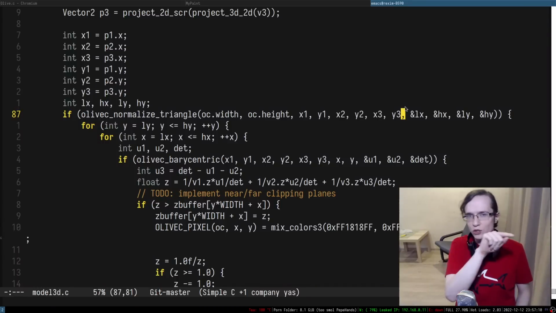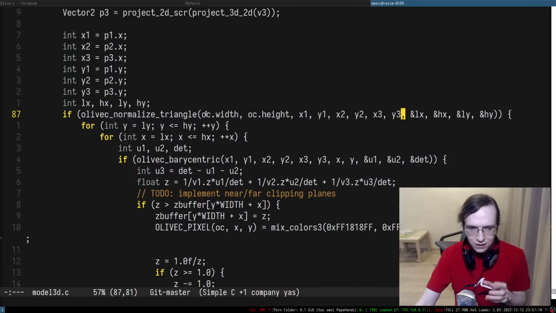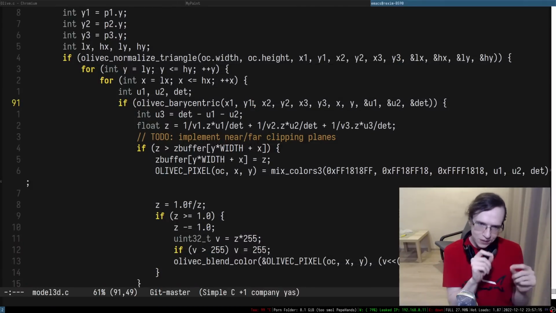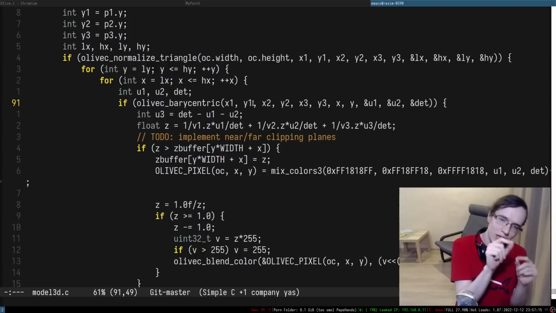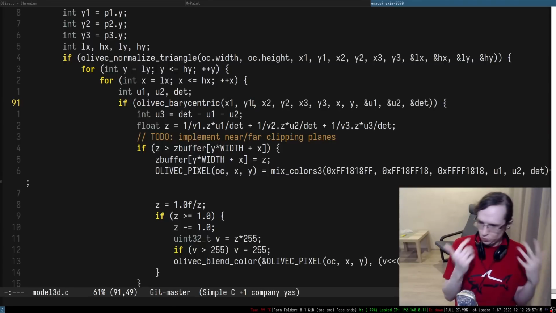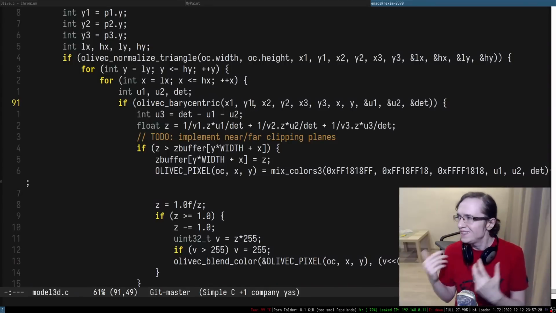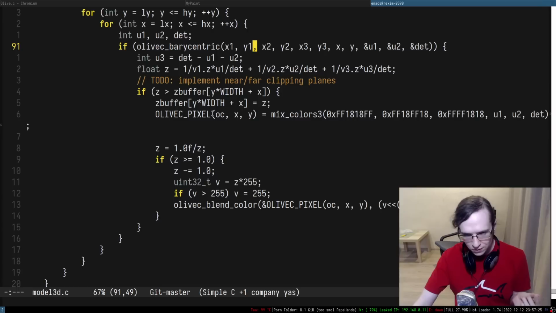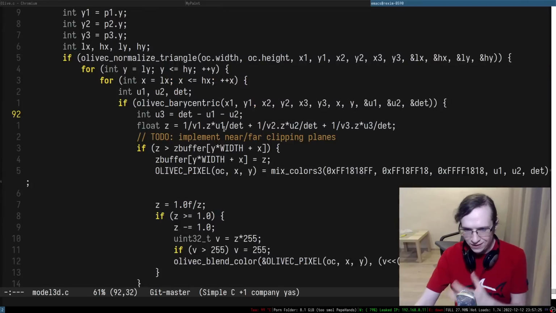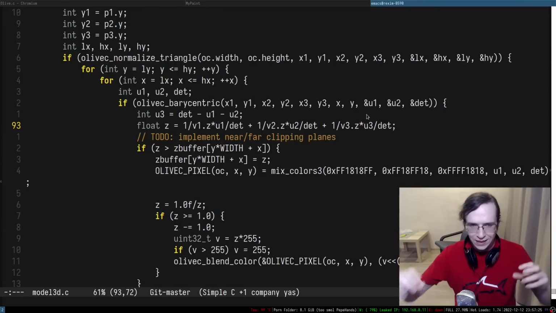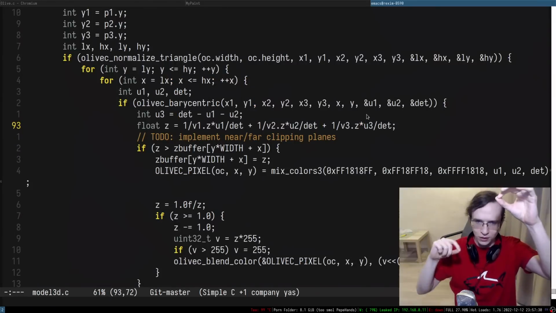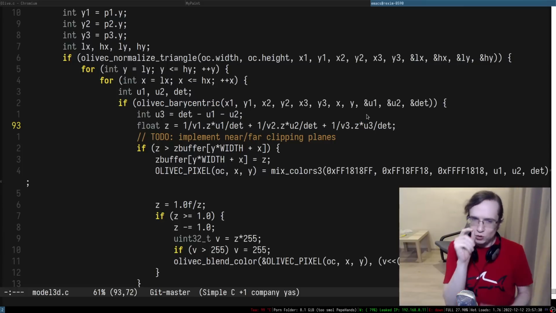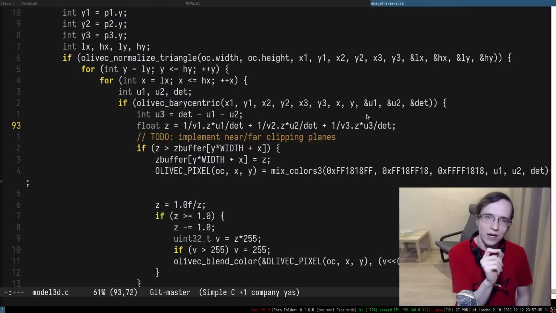So we can iterate through each individual pixel, and then we have a way to check whether the pixel we're iterating is within the triangle or outside the triangle. We use barycentric coordinates to determine that. Through the barycentric coordinates, we can also take the z values of each individual point and interpolate them to know the z value of the pixel of the triangle that we're